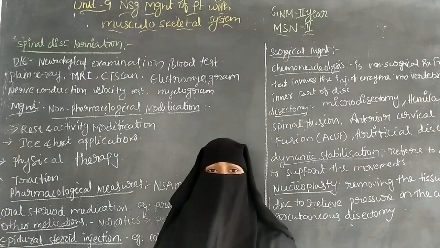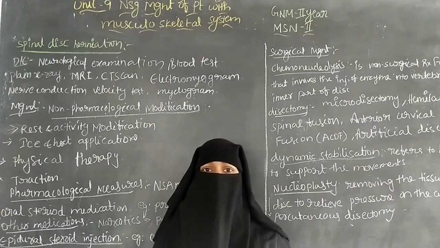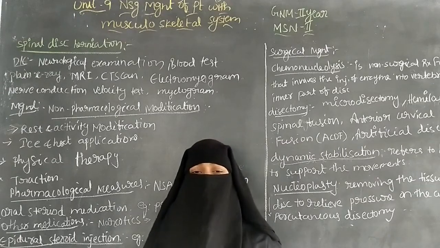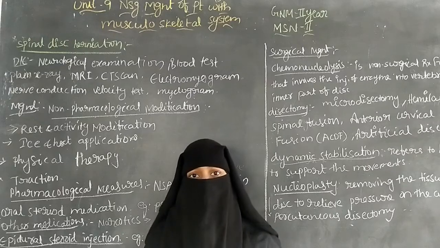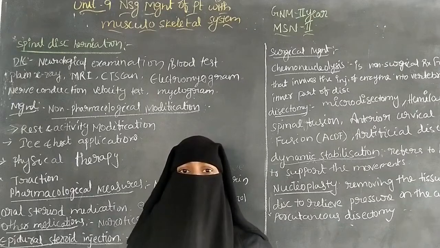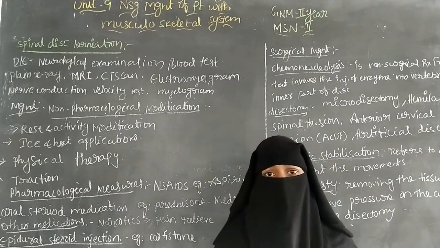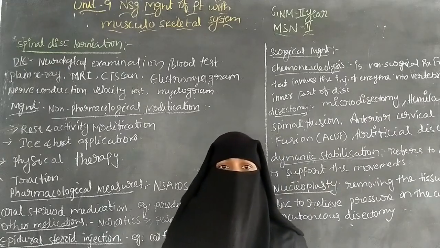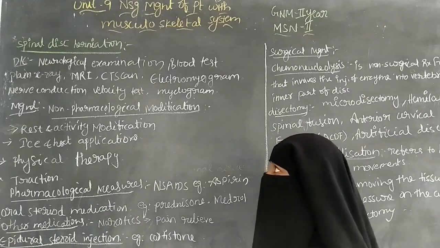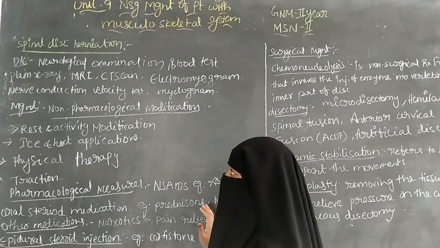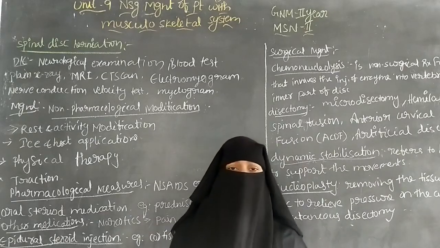Up to the clinical manifestation we have seen spinal disc herniation. Spinal disc herniation is also known as slipped disc. There is a prolapse, protrusion of the nucleus pulposus, a jelly-like substance, and it can herniate through the annulus. So it is called spinal disc herniation. In part 1 we saw up to the clinical manifestation. In part 2 we are going to discuss the diagnostic evaluation and management.